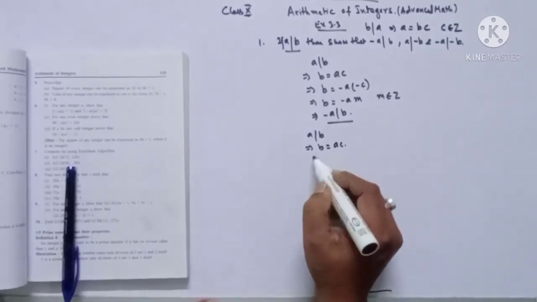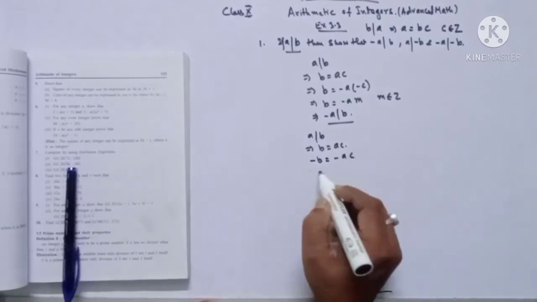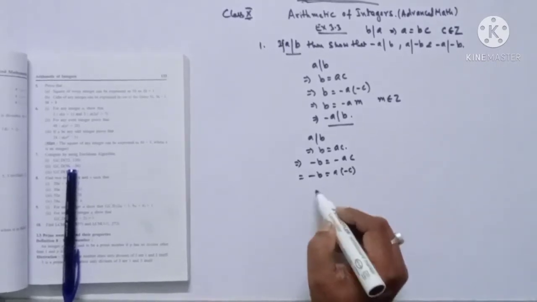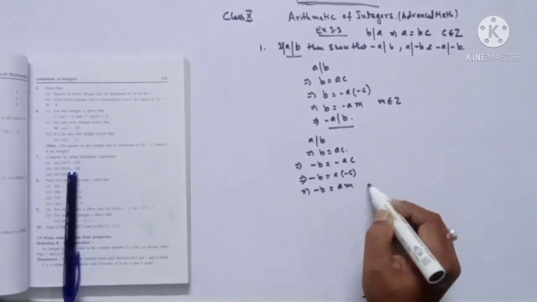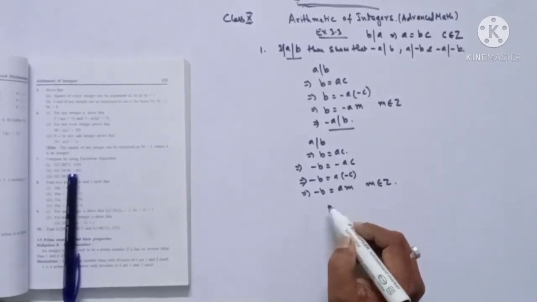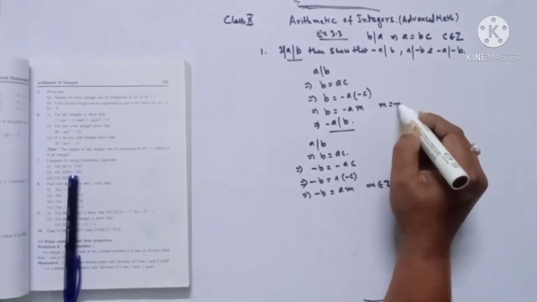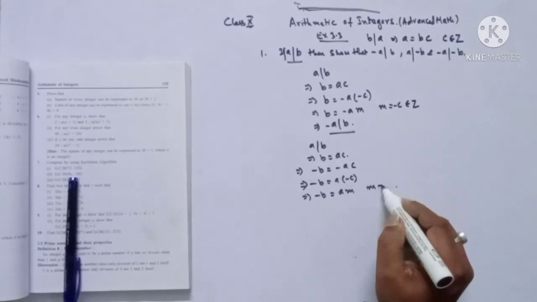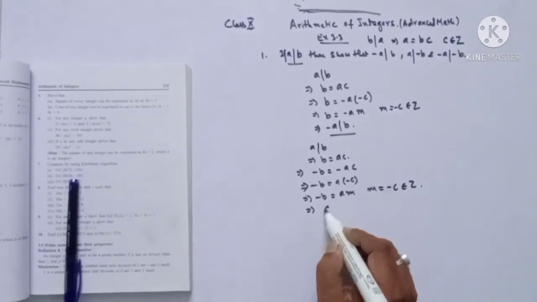Now I require minus, so when I multiply both sides by minus, this I can write as minus B is A times minus C. So minus B is A M, where M belongs to integer. Here also M equal to minus C, and it belongs to some integer, so I can write that A divides